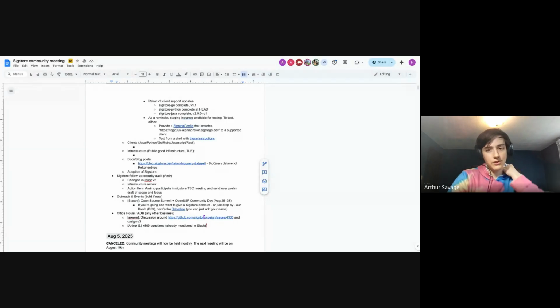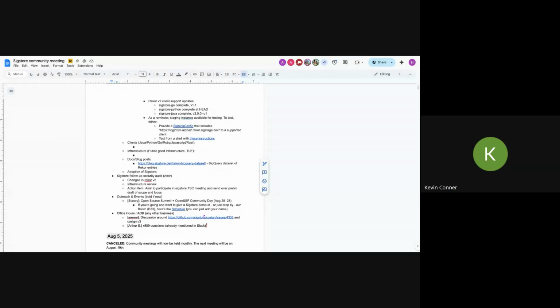Kevin, you're the one who discovered this bug. Do you have anything else to add on this? Sorry, I'm a bit hoarse at the moment. The only thing I would add is that we tried the KMS plugin approach, and that was where we hit the OID issue. When we were trying to create the keys, it ended up going back into X509